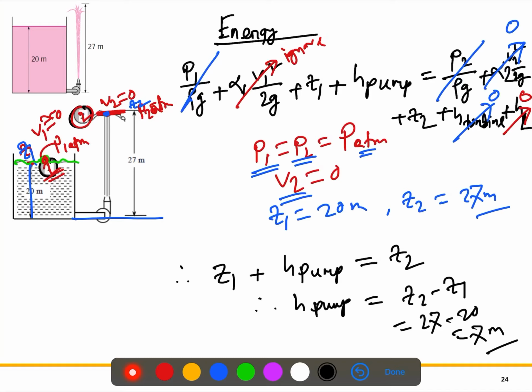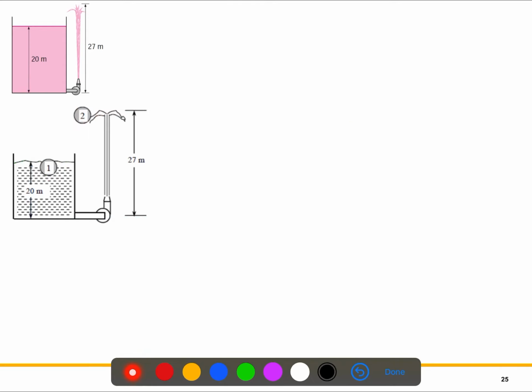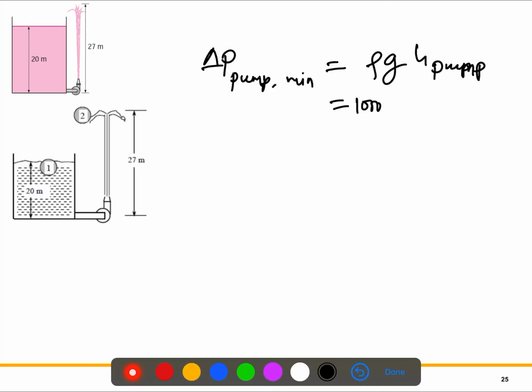That means the water column height is 7 meter, which corresponds to a pressure rise. So we need to calculate the minimum pressure rise for this pump head. Okay, we know the pressure rise, we discussed the formula earlier, so we can write the delta P, that means the pressure change of the pump. So we're going to calculate the minimum pressure. It is actually rho g and the pump head. So the rho is 1000 for water, this is 9.8, and the pump head is 7